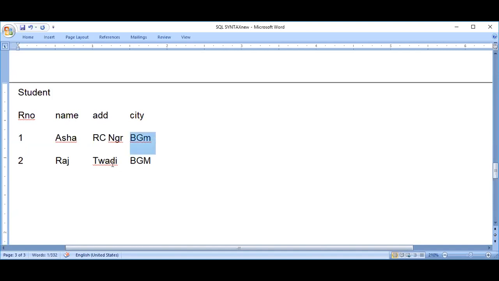Now, let me take one more student here, roll number 3. It may be possible that there are two girls with the same name. Let us assume that they at least differ in the surname. Even that coincidence might be there, but still, let us assume they differ in surname. So this is simply Asha and this is Asha K, who stays in, suppose, Vadgaon. I'll just write a shortcut. Now, when I say roll number 1, I'll be able to tell that roll number 1 stays in RC Nagar.